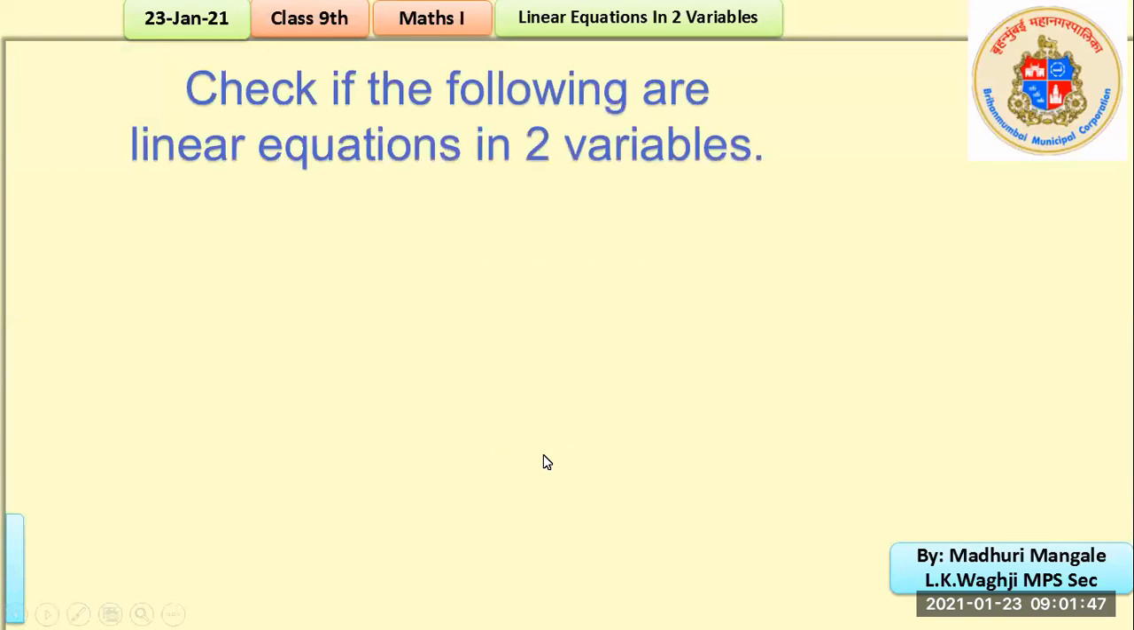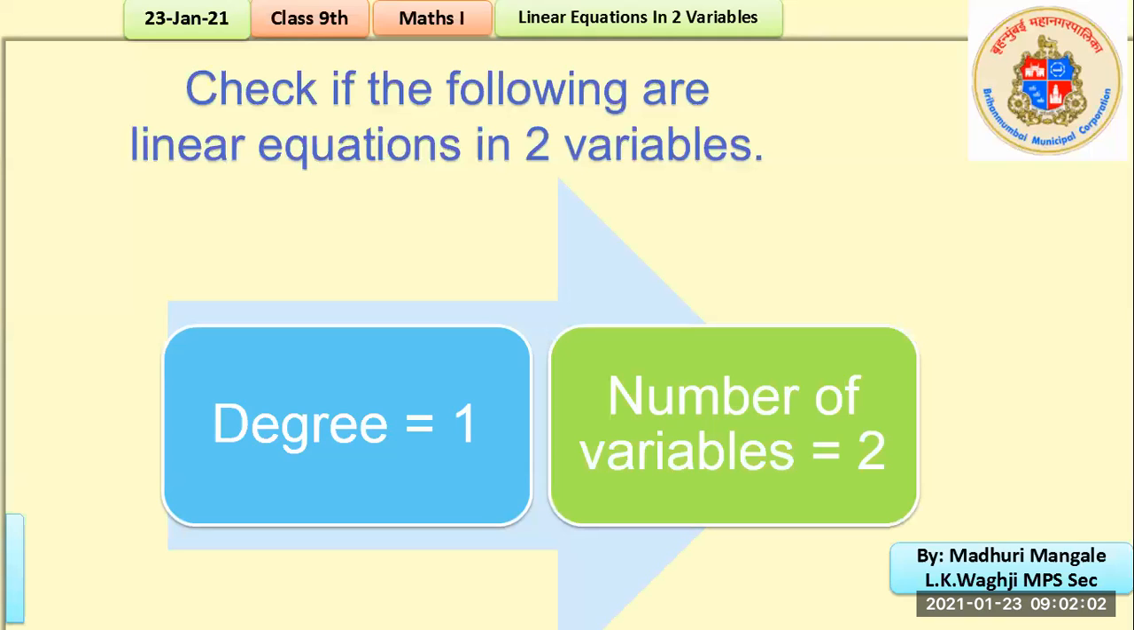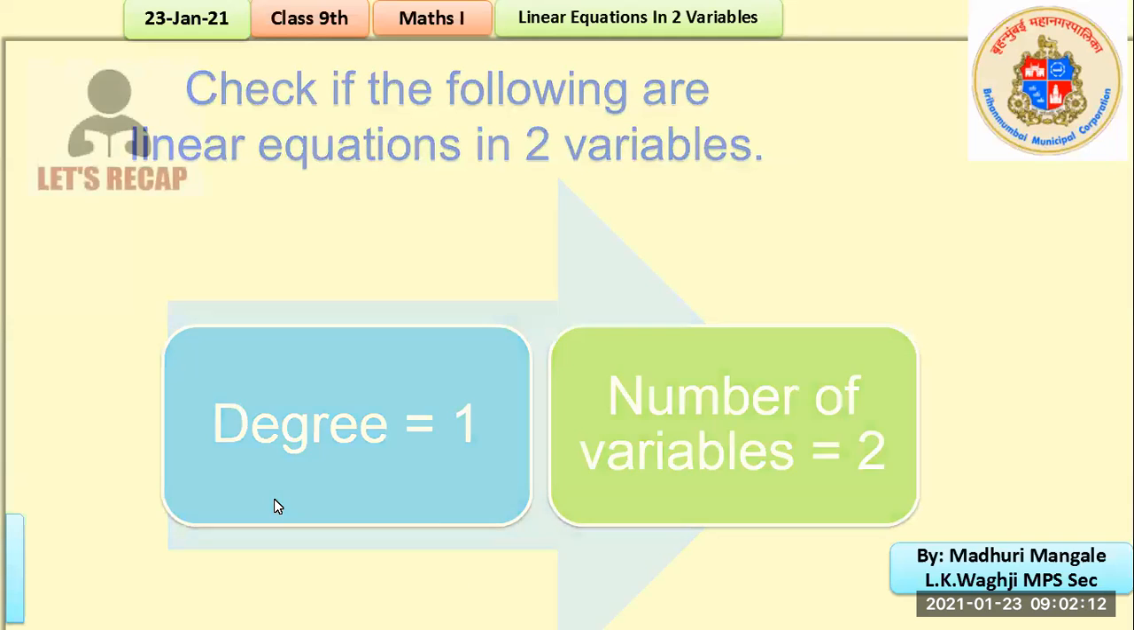All right, and then we saw how to check if the given equation is a linear equation in two variables. So the steps are, first you need to check the degree. The degree should be 1, and second thing, the number of variables. The number of variables should be 2, right? Then next we saw